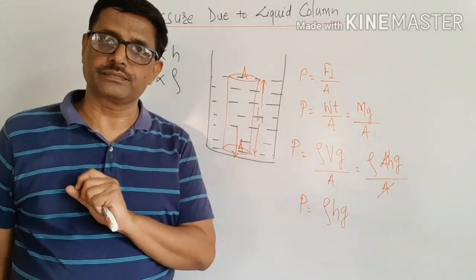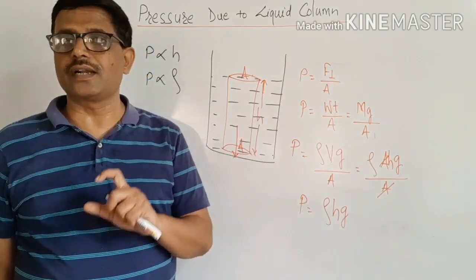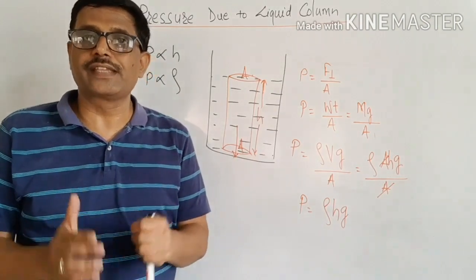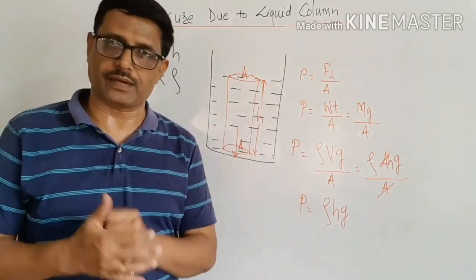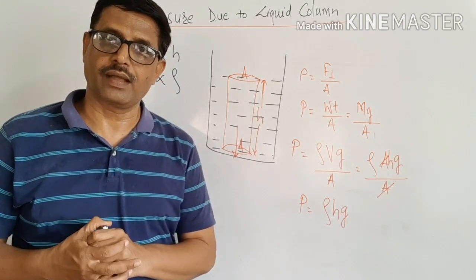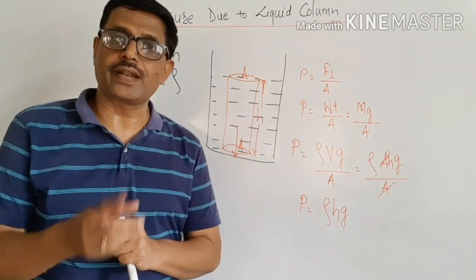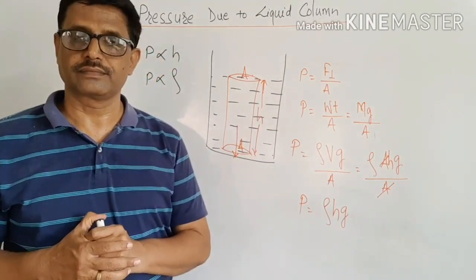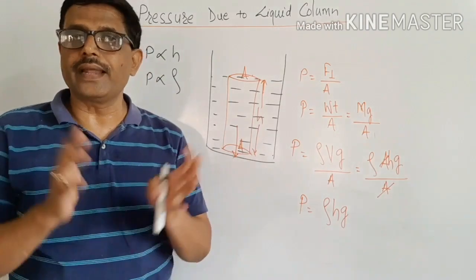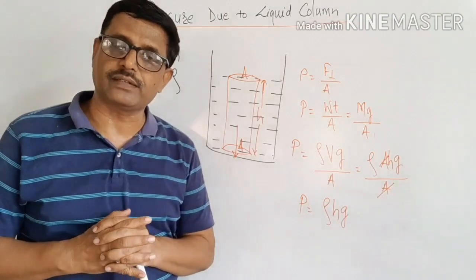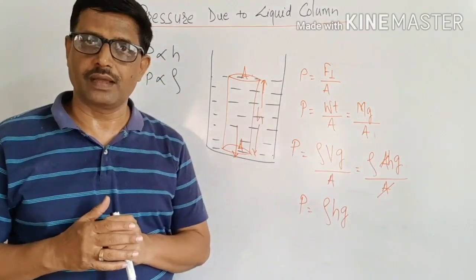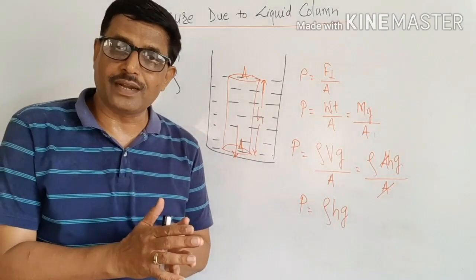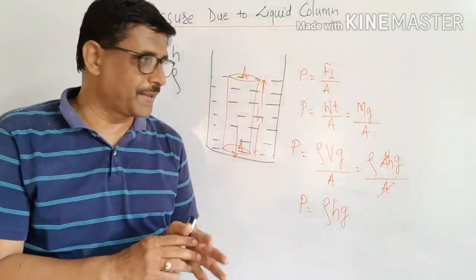Now, if it is the pressure exerted by the liquid column, then what about the pressure exerted by the air in the atmosphere? The pressure exerted by the atmosphere is called as the atmospheric pressure. In atmosphere, air is the major constituent. The pressure exerted by the atmosphere on the surface is the atmospheric